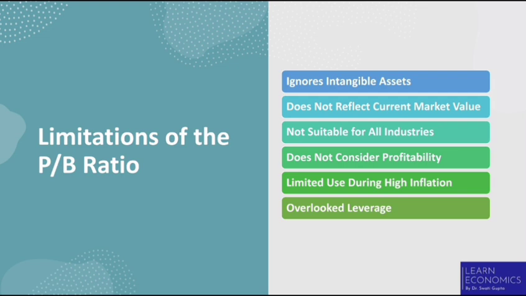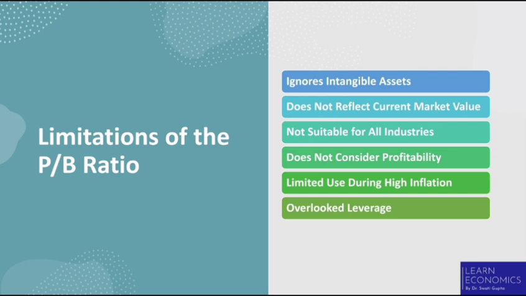The PV ratio relies on the book value, which is based on the historical cost of assets, not their current market value. If assets have appreciated significantly in value, the book value or the PV ratio will not reflect this. For example, a real estate company bought land 20 years ago for rupees 10 lakh, but its market value today is rupees 1 crore. The PV ratio will still use the outdated rupees 10 lakh value, leading to an inaccurate picture of the company's worth.